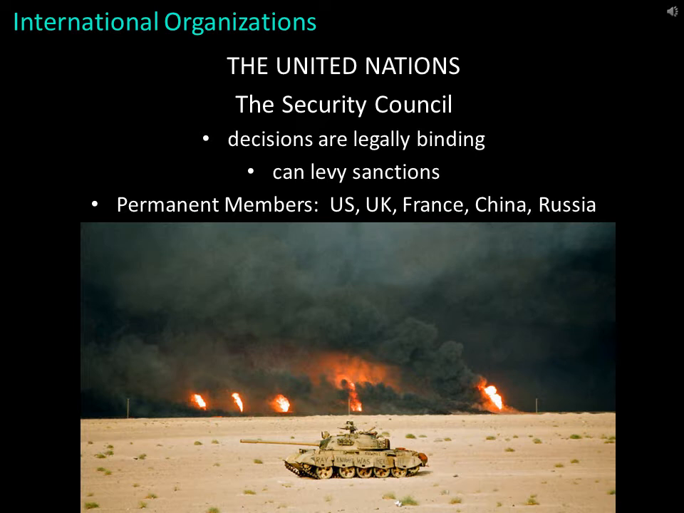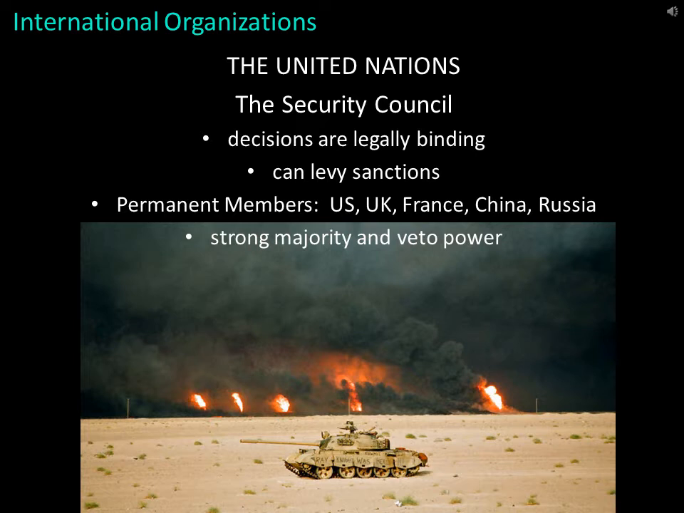Any significant proposal must pass with a strong majority of 9 votes before a resolution or any action is taken, and each of the 5 permanent members holds a veto power. This means that all 5 permanent members must either support or abstain from voting on each Security Council resolution that